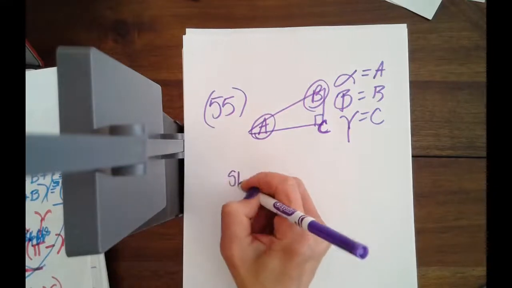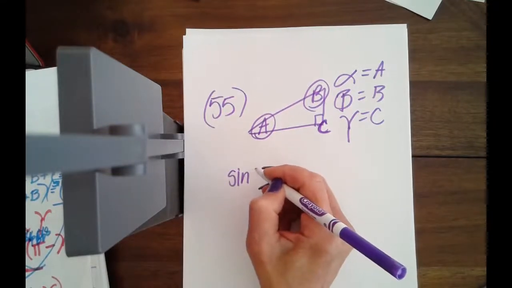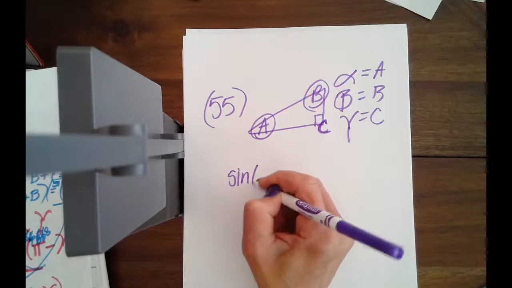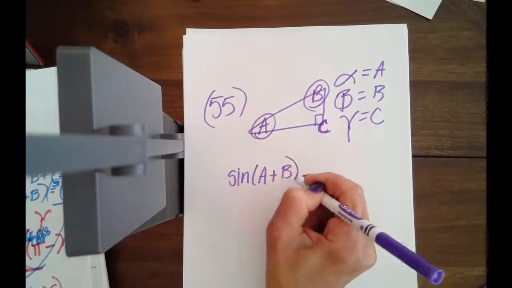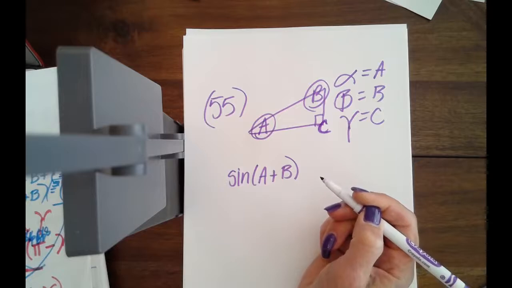Okay, so they're telling us to prove this: the sine of alpha plus beta, and would they want us to do it in terms of,